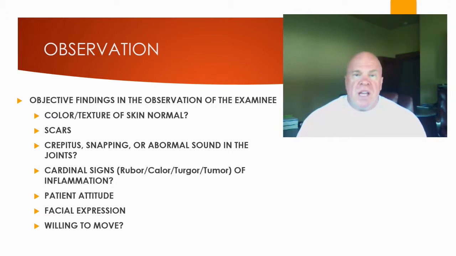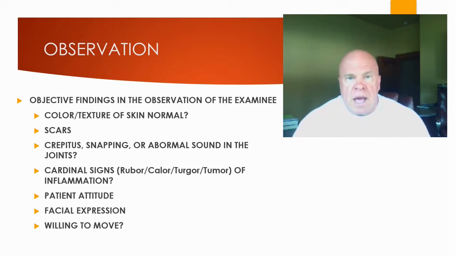Are there any signs of inflammation, such as redness, such as heat, such as swelling, such as tightness? These are all indications of persisting chronic inflammation that serves as a true positive objective physical examination finding. These cardinal signs of inflammation are common in the lower extremities, particularly around the ankles and around the knees, and when present, indicate to us that there is active symptomatic inflammation in this area, and this serves as a true positive objective finding.